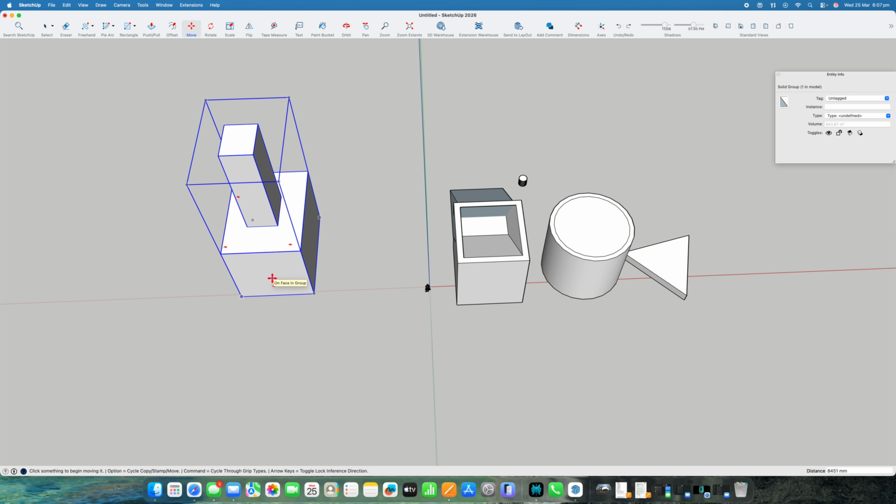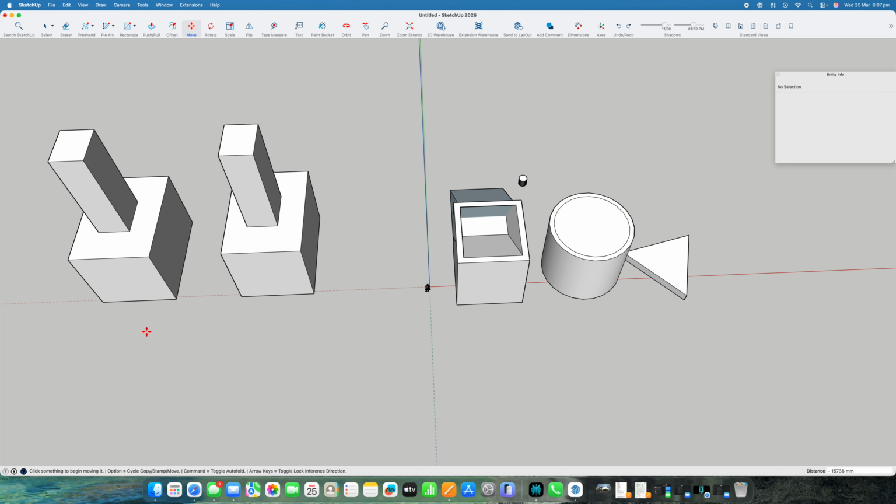And you can also have a look at the bottom. Anytime I select a tool, if you have a look down here, it tells you what option can do. So option will cycle, copy, stamp, or move. So if you see here, 3 different, so just move, that's move plus. And the last one is